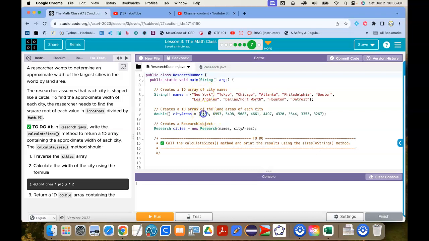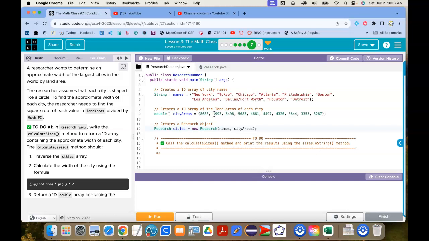So for example, this is the area of New York City, and this is the area of Tokyo. And then they've created a research object called cities, which takes names from probably this array and city areas from that array